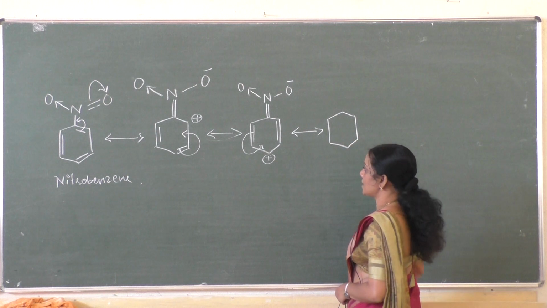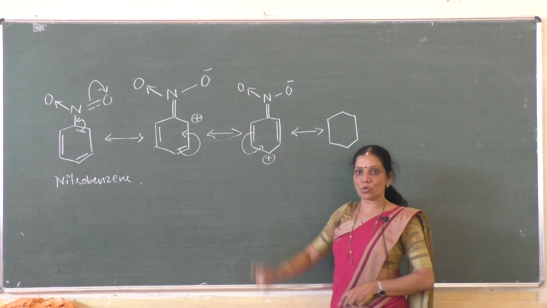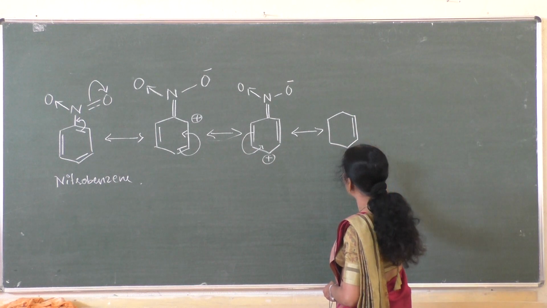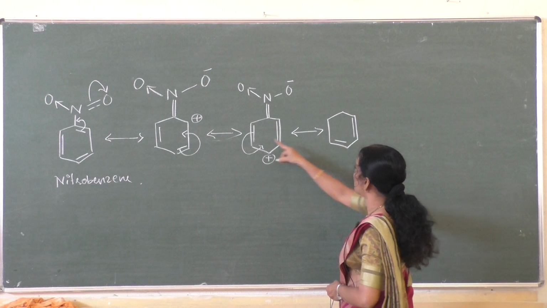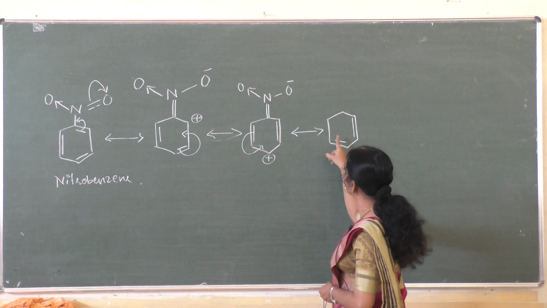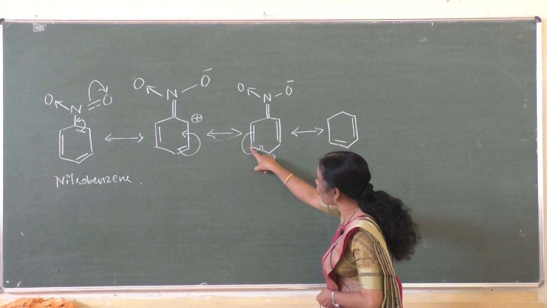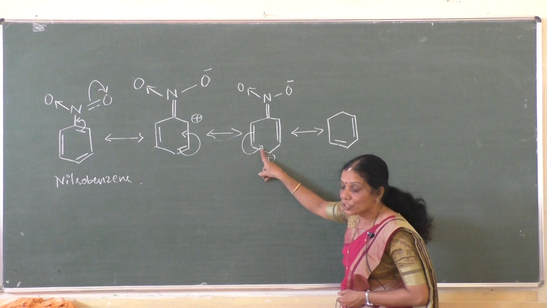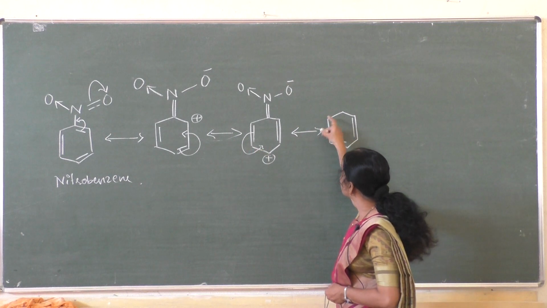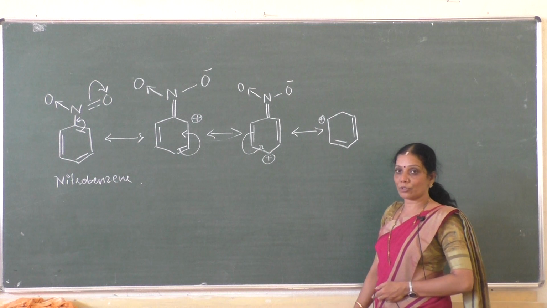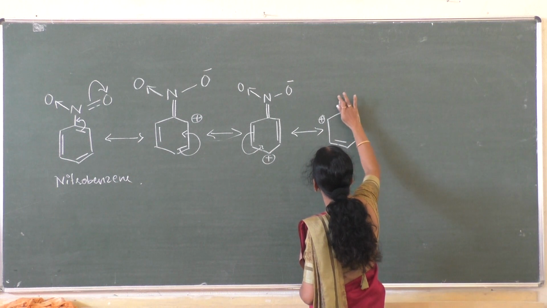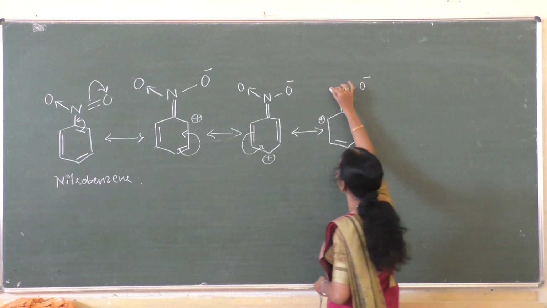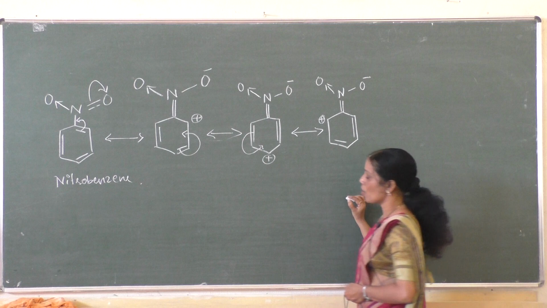This is a 3-mark question: explain the resonance effect of the nitro group. You have to write all the resonance structures. Now, here the bond stays as such, a new bond is formed in this position, and gets shifted here. A new bond is formed in this position, and loss takes place to this carbon atom, no loss to this carbon atom. Whether the bond is present in this position or in this position, there is no loss to this carbon atom; loss takes place to this carbon atom, plus. And here it is a double bond, N, single bond O minus, coordination bond with the oxygen.